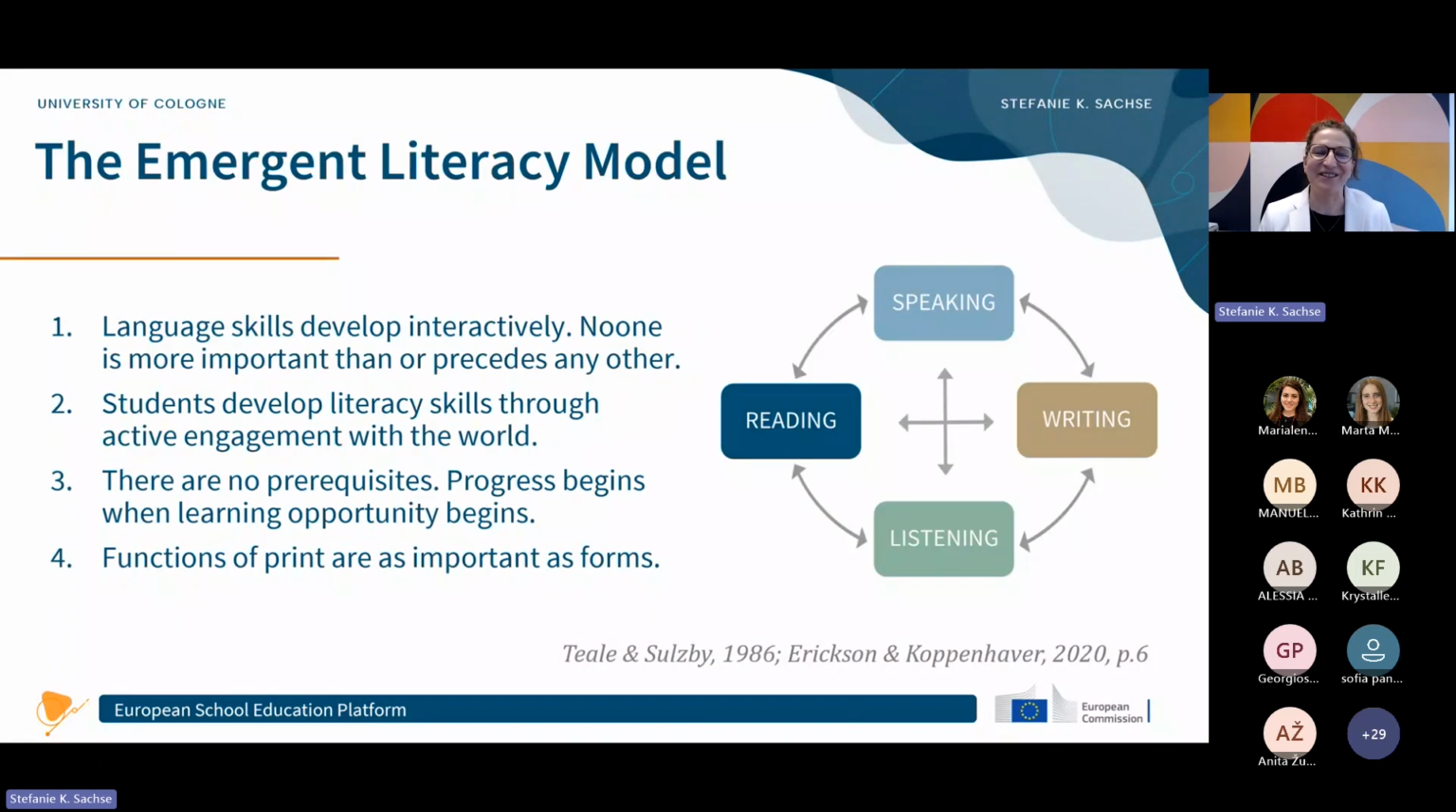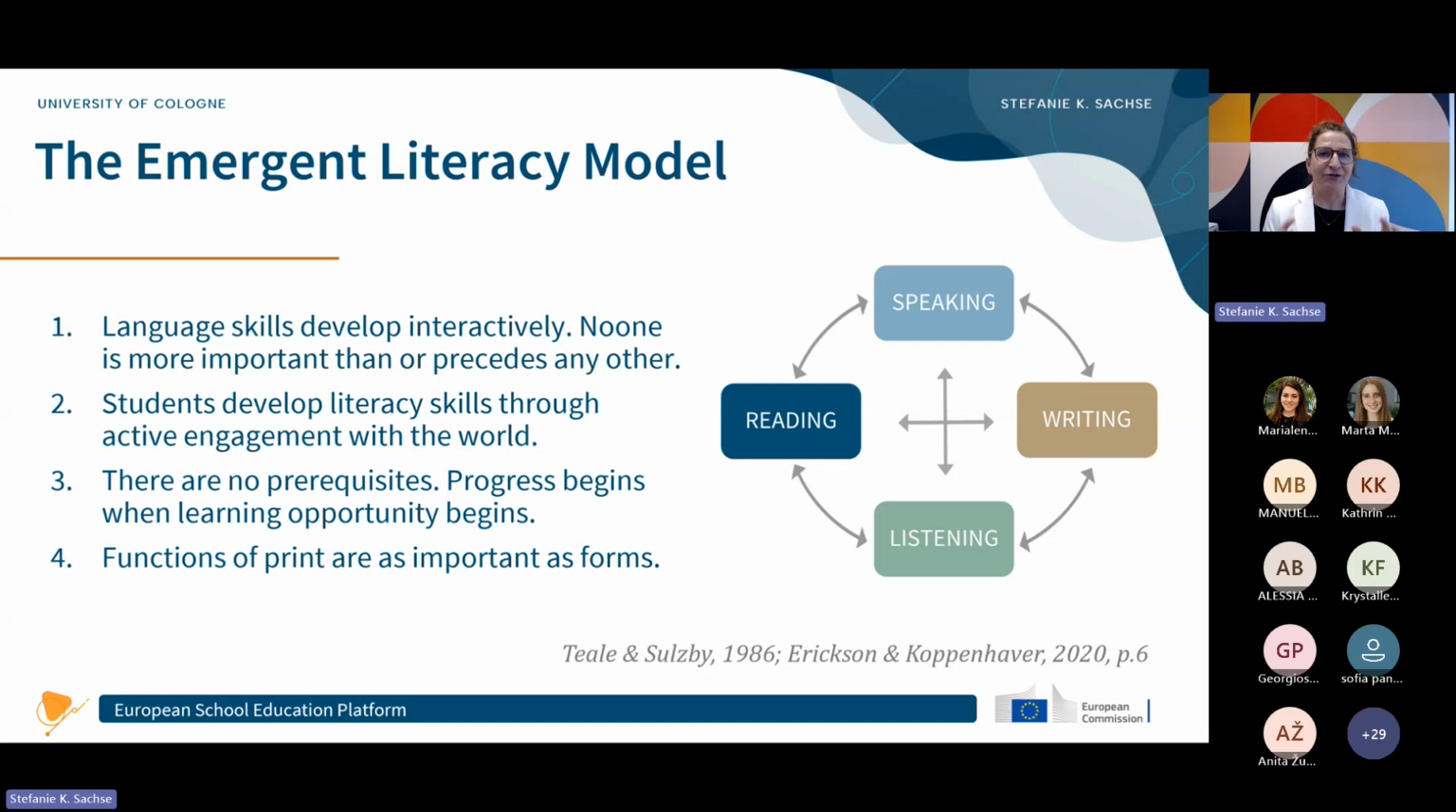And then the second one is the emergent literacy model, which is a model from 1986. And I told you before, we had a strong focus on words when I went to university. I did not learn about the emergent literacy model then. Okay,